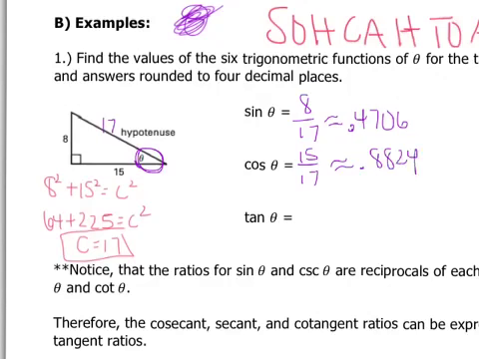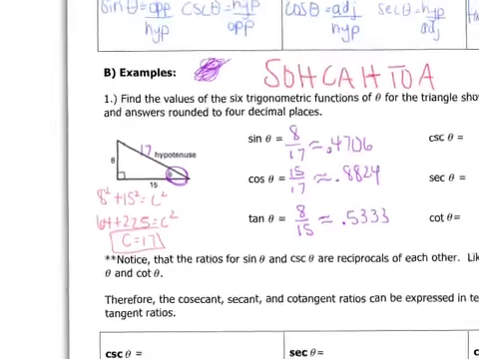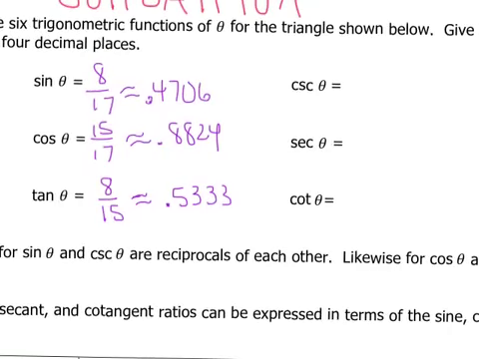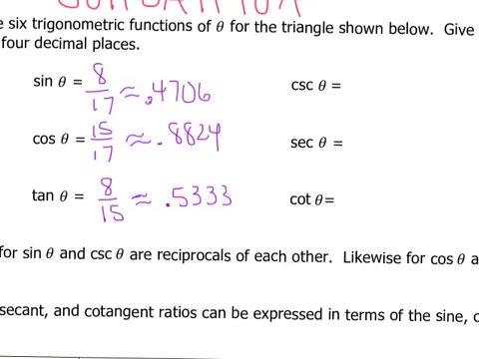And tangent of theta is the opposite side over the adjacent side. To 4 decimal places is 0.5333. Here's the deal. Once you have your sine, cosine, tangent ratios written out, remember that cosecant, secant, and cotangent